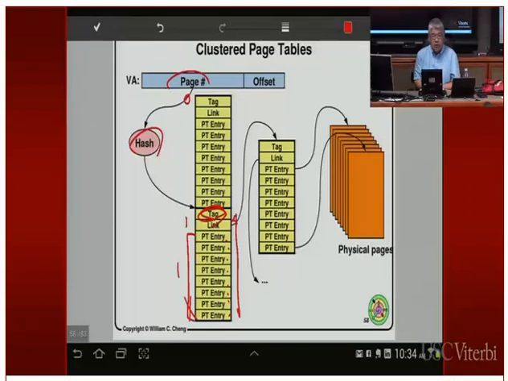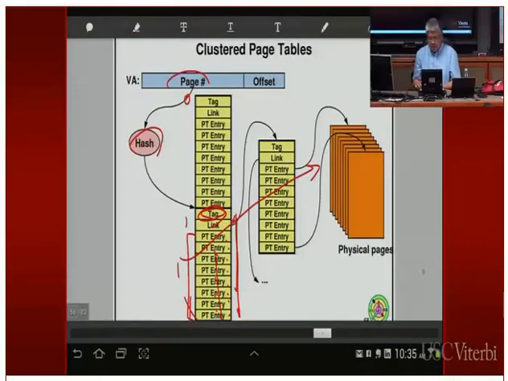Again, you trade off space with time, because if your contiguous allocated address space turns out to actually be sparse, then you're going to end up with a lot of entries that are not being used. If you have a memory map file that only uses one page, then the other 7 entries will point to null. So you end up wasting space. In this case, we choose to waste space so that for most memory accesses, you traverse a small number of hops in the conflict resolution chain. All right, so that's the clustered page table.